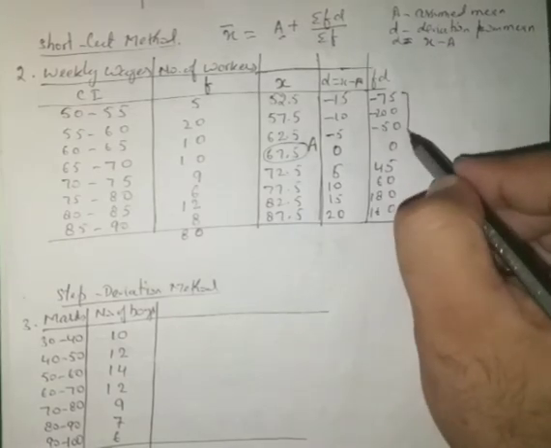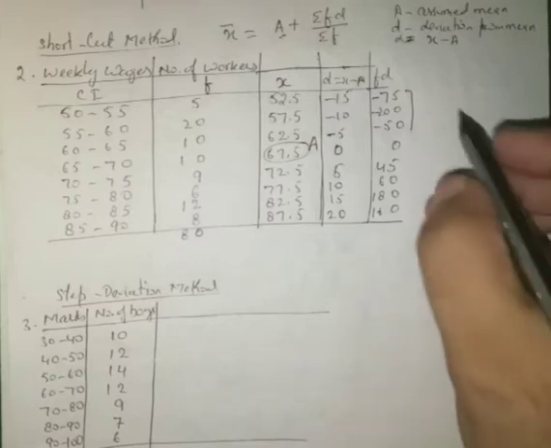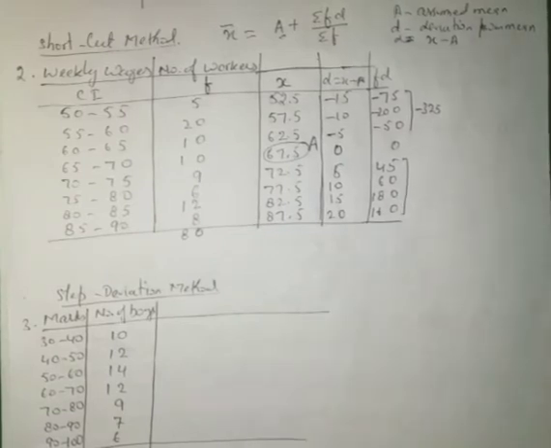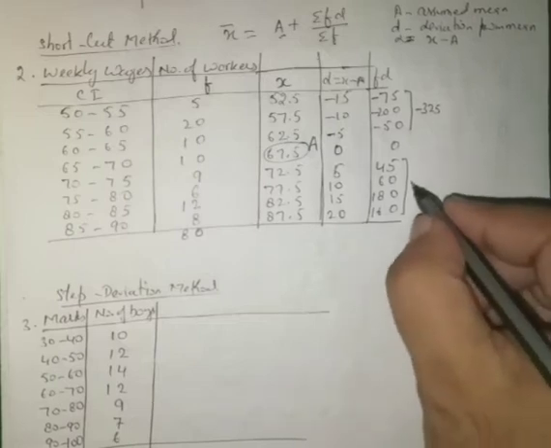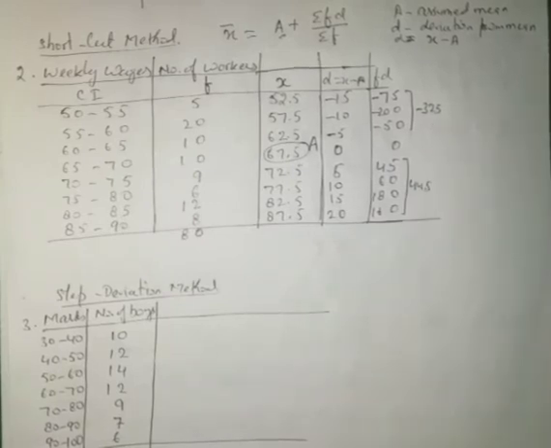Now on adding these three values, I will get 75 plus 200, 275 plus 50, so this will be 325. Minus 325, sorry, so this will be minus 325. And on adding all these, I will get 45 plus 60 is 105 plus 180 plus 160. So the sum of all these will be 445. So on subtraction, this minus this, it will be equal to 120.